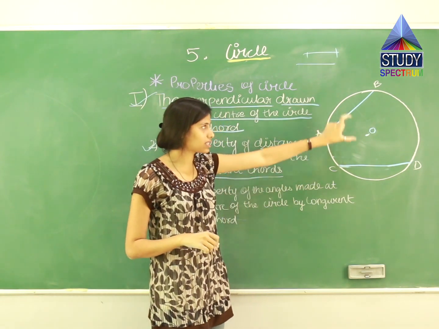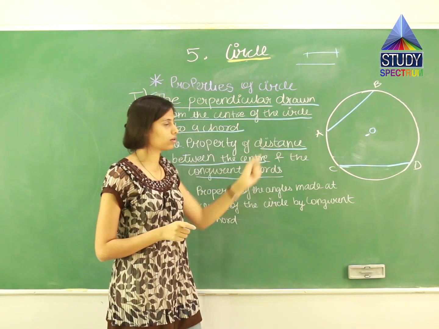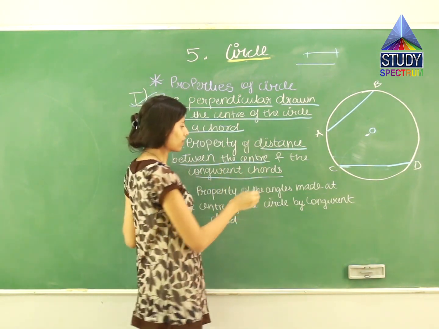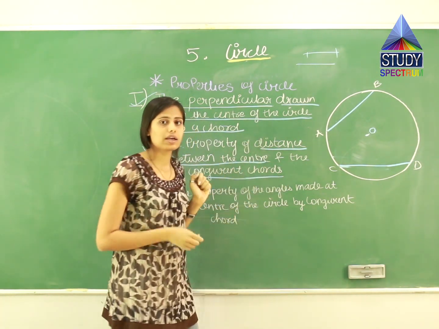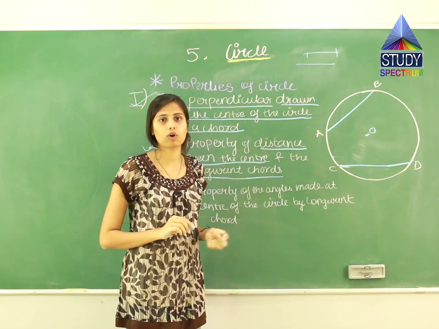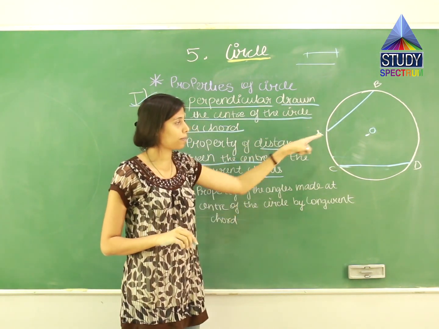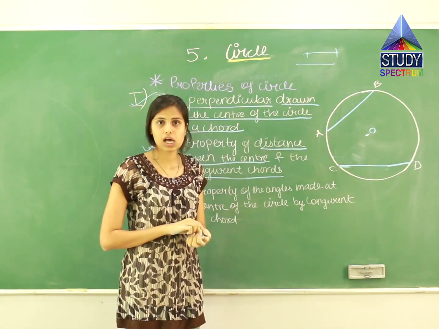See, look, this cannot be a diameter, okay? हाँ, although diameter is one of the chords, but they have more specifically told that congruent chords. If I do congruent diameters, then this property will not follow. Means what? You have to draw a chord, not a diameter. Means the chord should not pass through the center of the circle.